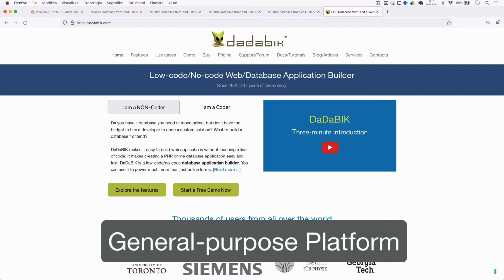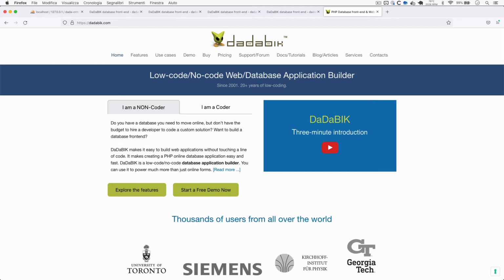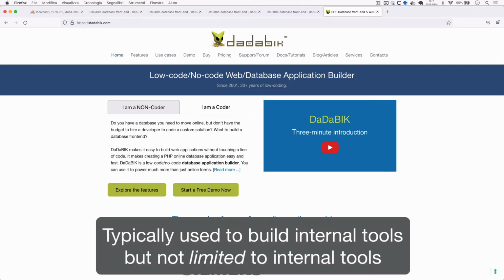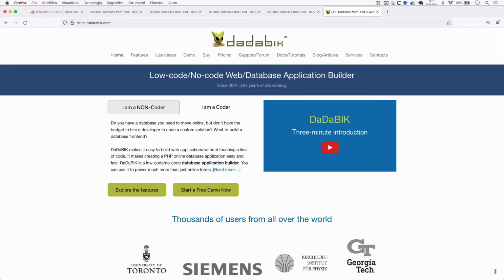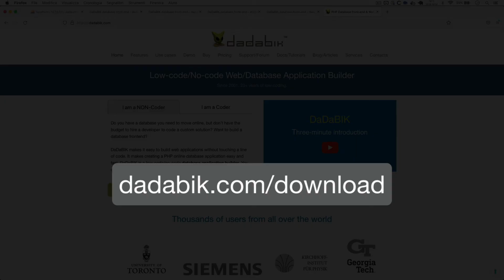So a CRM application is just one example of an application you can create with DaDaBIK. You can build a library management application, an ERP, a warehouse management app, a simple contact form, anything that is based on data and has forms, reports, and charts is a good candidate for DaDaBIK. It is usually used to build internal tools by both coders and non-coders, but it is not limited to internal tools. You can get DaDaBIK from